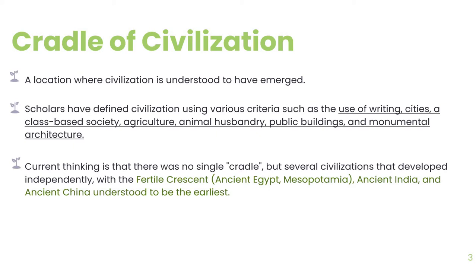With the Fertile Crescent, the ancient India and the ancient China understood to be the earliest. So ito yung kumbaga top 3 na unang recognized na form of civilization sa buong mundo. If you will notice there, the ancient Egypt and Mesopotamia, it's called the Fertile Crescent. Why? Because yung shape nung geographically, the shape is like a crescent moon, and that part is fertile. Okay? Arable yung lupain. Ibig sabihin, mataba, the people are able to reproduce there.